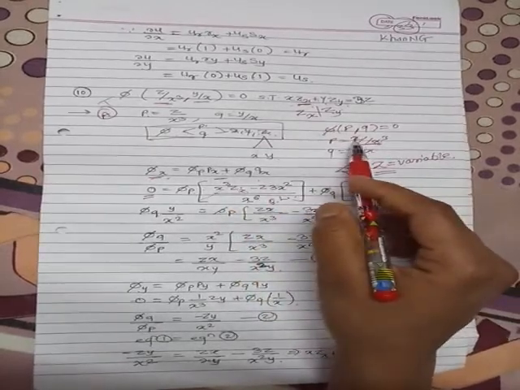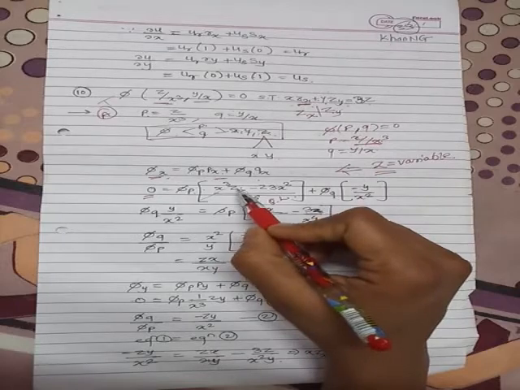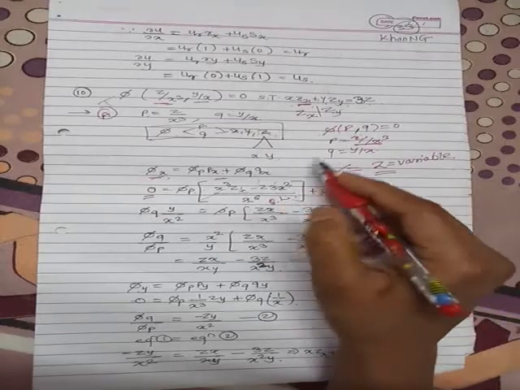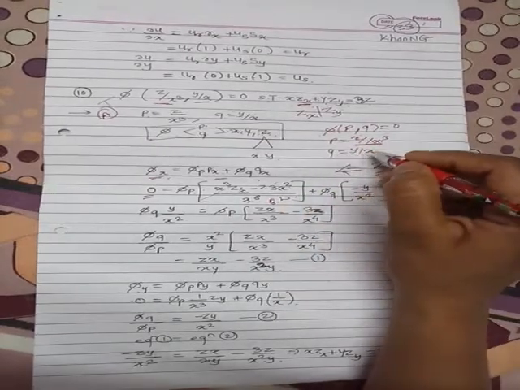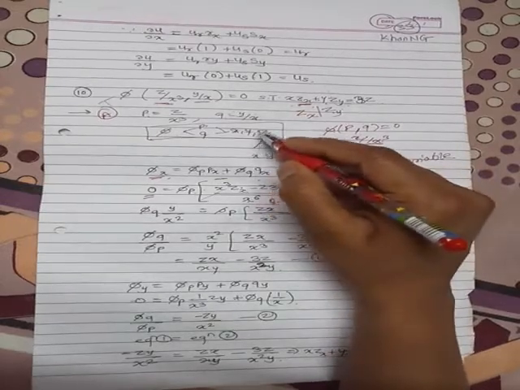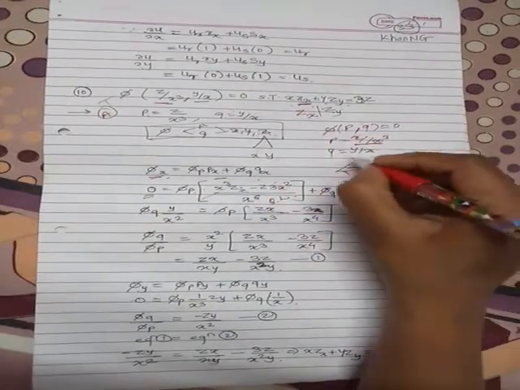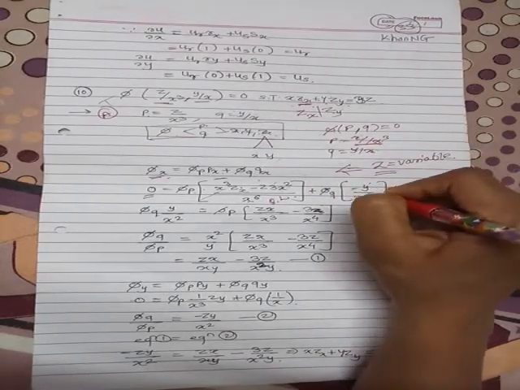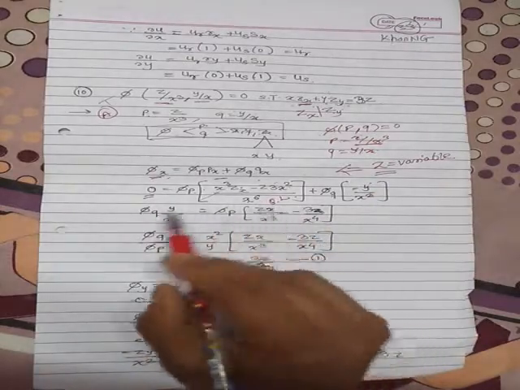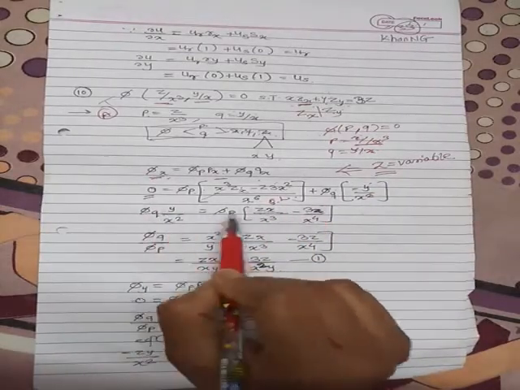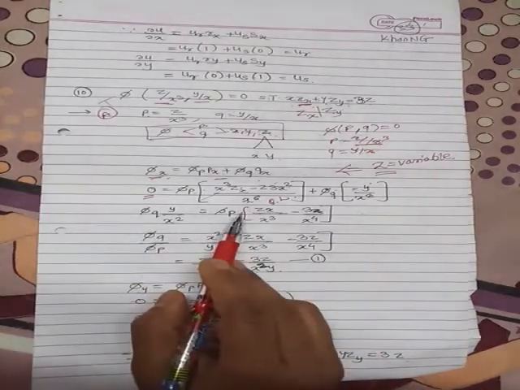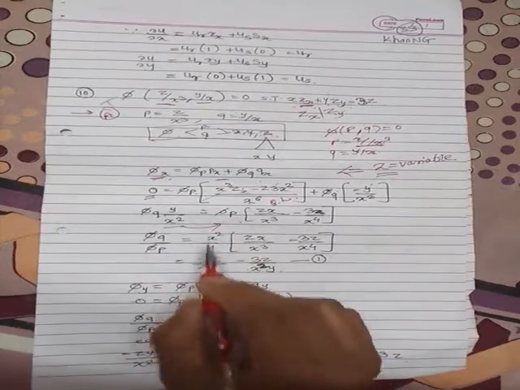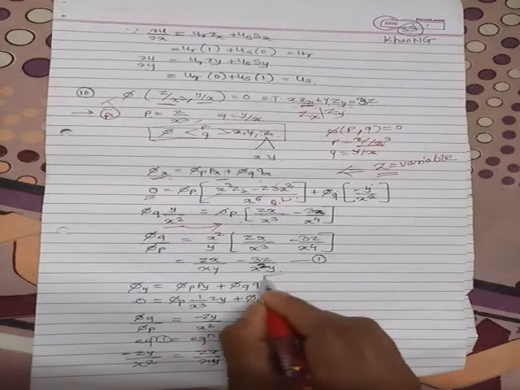So for the quotient rule, the derivative of z with respect to x we write in the notation zx. So minus z as it is, and the x cubed derivative is 3x squared. Then 5q as it is, qx, the derivative of q with respect to x. So with respect to x, y is constant, only y is constant, not z. So y is written as it is, a multiplicative constant, and the derivative of 1 by x is minus 1 upon x squared. And simplifying, take this 5q term on the left side. So this is equal to 5p. So 5q upon 5p equals, take this term on the RHS and simplify. This is your first term.